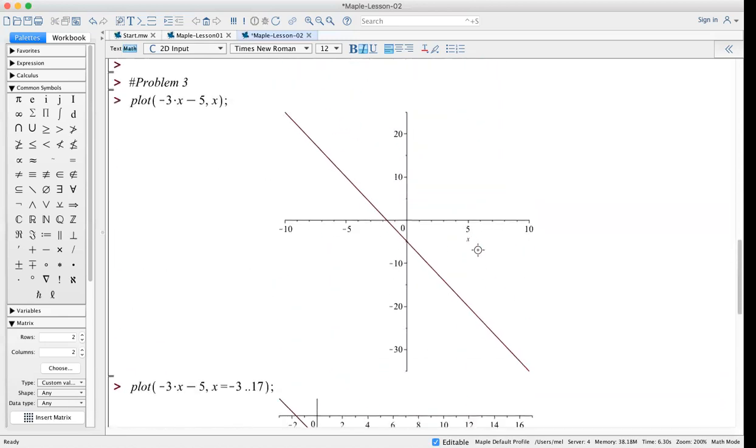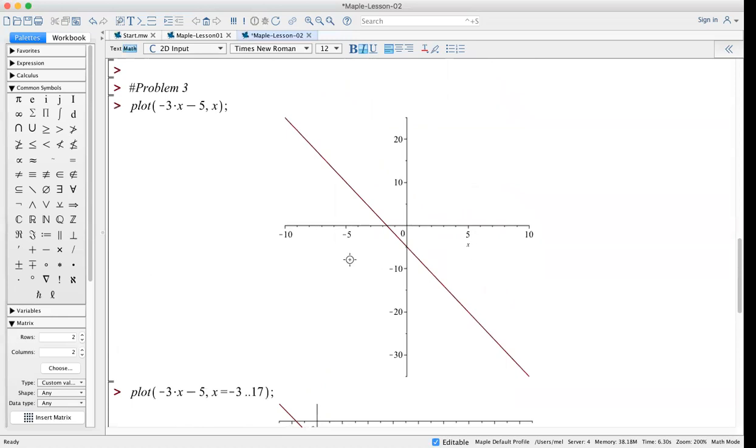Similarly, even when we're graphing these straight lines, this is the graph, x goes from minus 10 to 10, but this is going from about minus 35 to 25. So this is a correct graph, but it's not drawn to scale. If you want it drawn to scale, so 1 unit horizontally is the same length visually as 1 unit vertically,